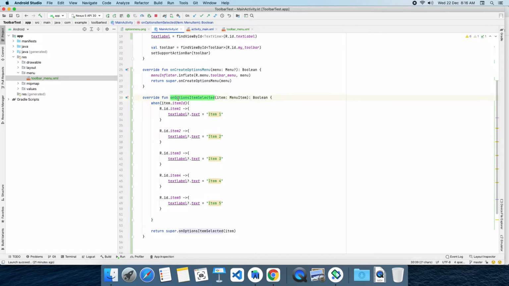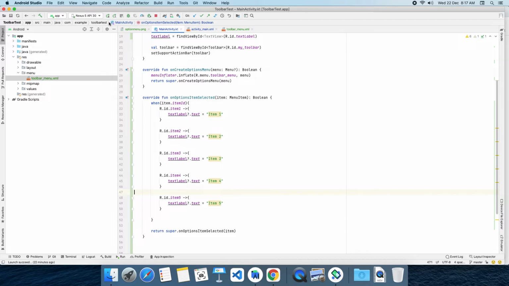See, onOptionsItemSelected is already there. Whenever the user selects that particular item, whatever item they have selected will come here, and then we check that ID: if it is the item 1 ID, execute this code; item 2, execute this code. For now we are setting a text label to item 1. Whenever I select item 1, in our text label we show item 1 is selected. This is the same for item 2, item 3, item 4 and item 5.